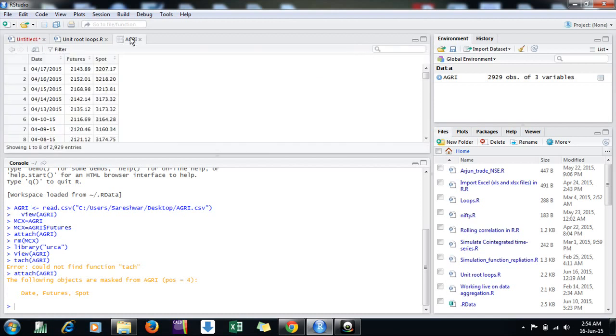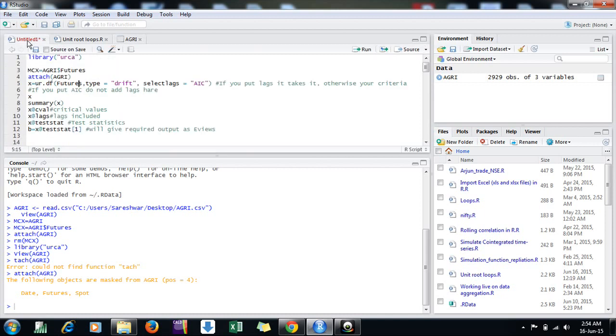Now I can apply these. My columns are futures and spot. Suppose I want to test the stationarity of futures prices, so I am giving this command. You can see all the arguments by pressing control space. The basic command here is ur.df